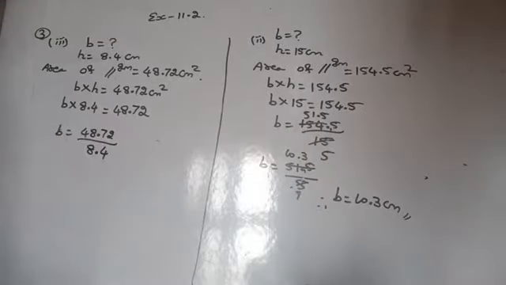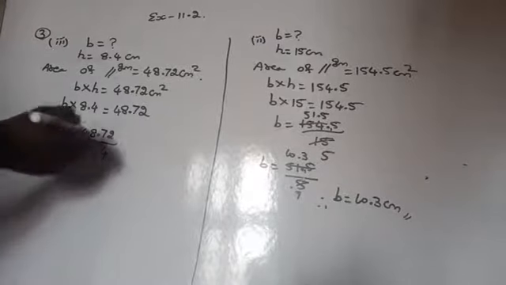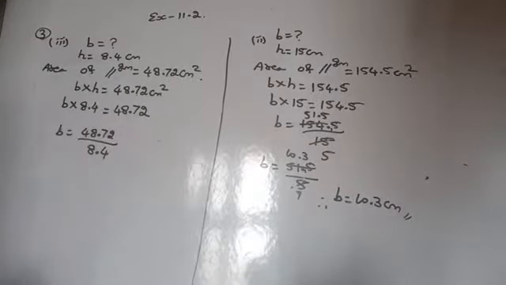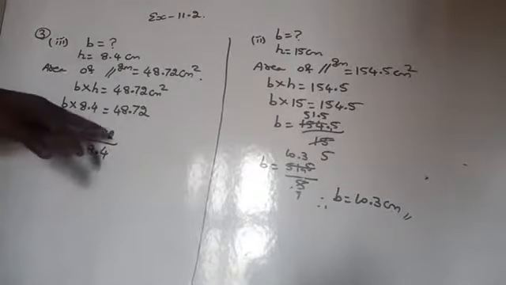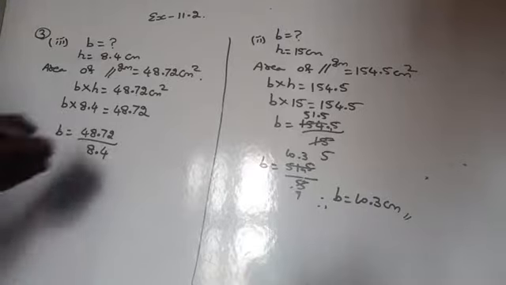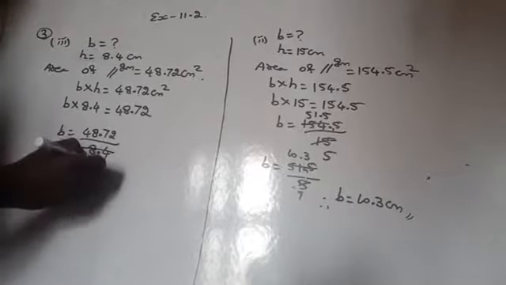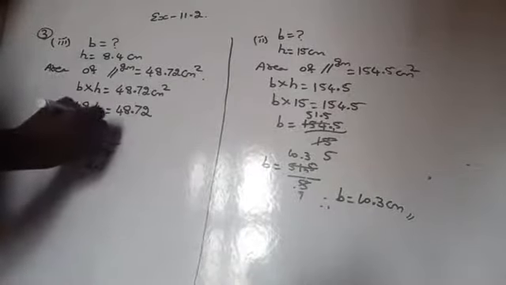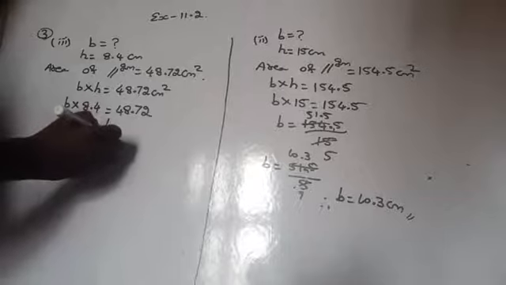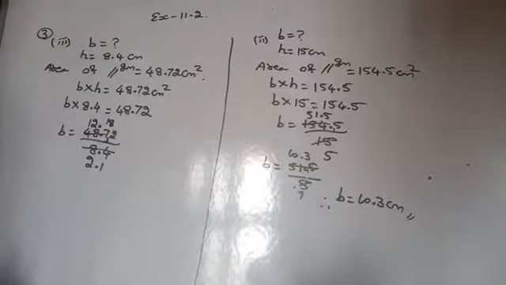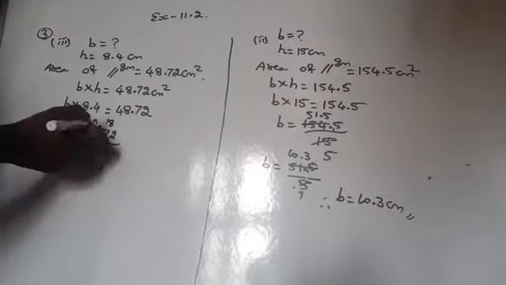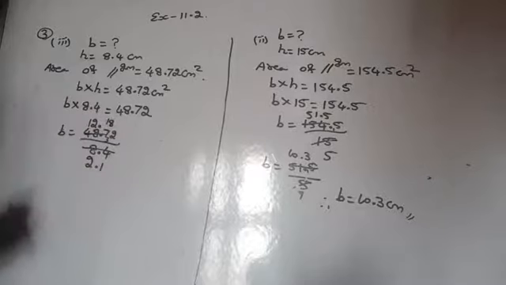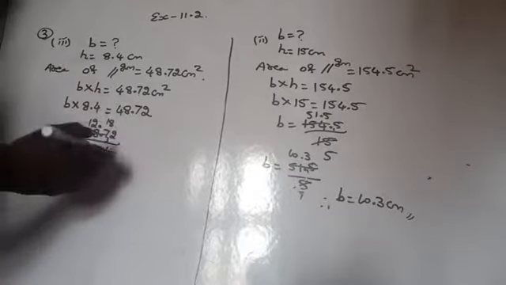Am I right? So it goes with the 4 table, I think, because 18 1 4 is 4, 18 4 is 72. Am I right? Yes. Then 2 4s are 8, 1 4 is 4, 1 4 is 4, 2 4s are 8, 1 4 is 4 remaining 3, 8 4s are 32. Am I right? So 2 plus 1 is 3, 3 plus 1 is 4, 4 plus 8 is 12. So it goes with which table?